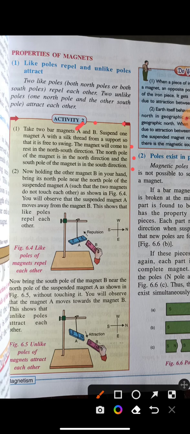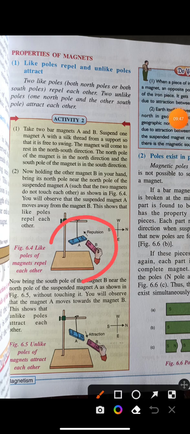Now you will take another magnet B in your hand, and bring the north pole of B towards the north pole of A. And what you will observe is that the suspended magnet A will move away from the magnet that you have in your hand.